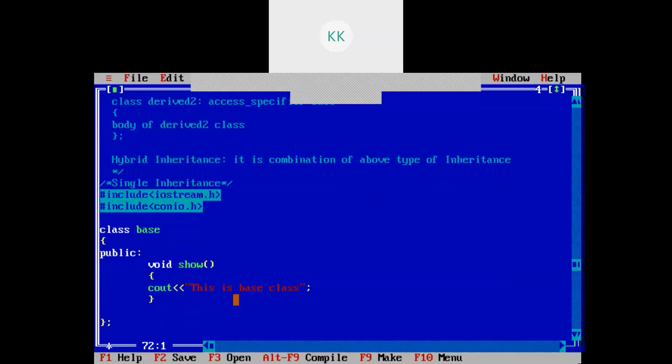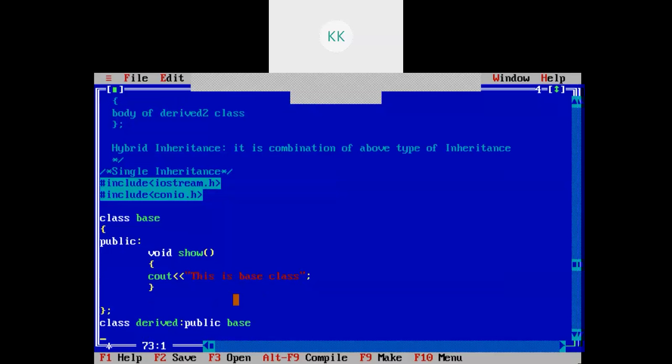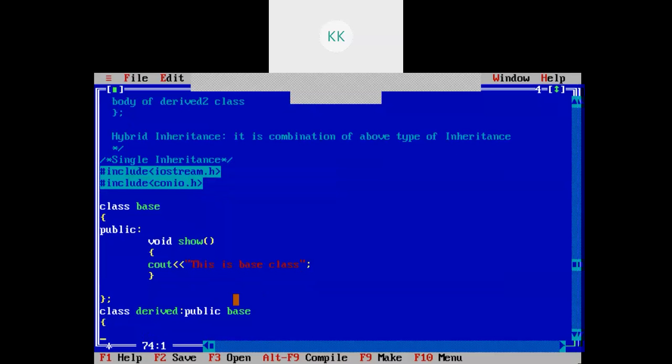And now I will write another class derived, wherein I can derive the base class. So I will use the access specifier public. This is also called visibility mode. I will explain after this example what the meaning of visibility mode is.